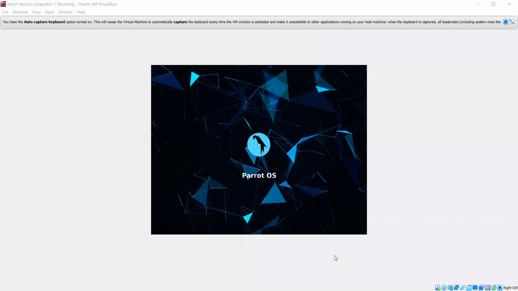No, it's not responding very well. The issue here is that these USB drivers for virtualization are a little bit unstable.